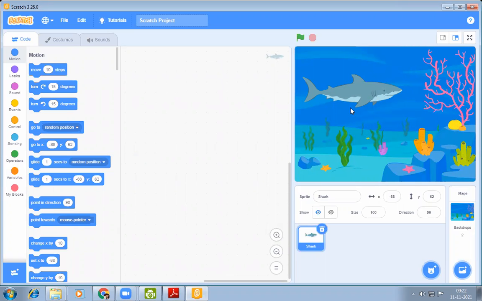This way you can change the backdrop of a sprite. As fish cannot live without water, whenever you are putting a sprite, you must change the backdrop area according to the character that you are putting on.